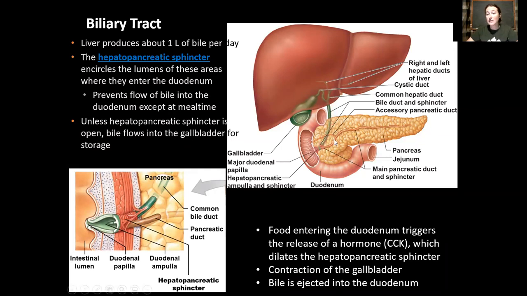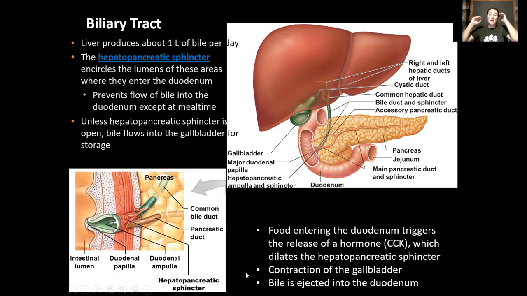Okay, and the common bile duct is going to join together with this vessel right here, which is the main pancreatic duct, to form this kind of opening over here. Right, this is called the duodenal ampulla, which then can release both of these secretions into the duodenal lumen. In one of your laboratory models, I point out to you the duodenal papilla. Essentially, this is the junction of these two ducts, kind of sticking out just a little bit into the duodenal lumen, and we call it the duodenal papilla.